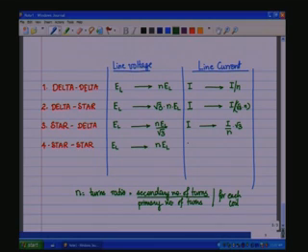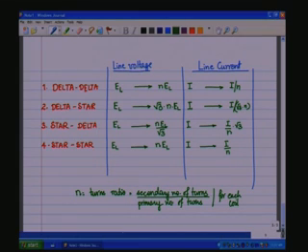And if you have a current I through the primary, the current I remains as I in the primary phase coil, becomes I by n in the secondary phase coil, and remains as I by n in the line, because the phase current and the line current are the same in the star connected topology. So, these are the various relationships between the different types of voltages.